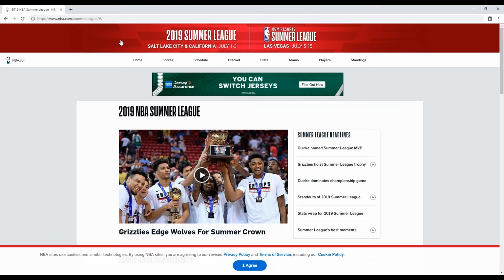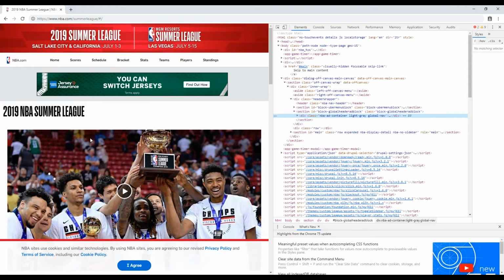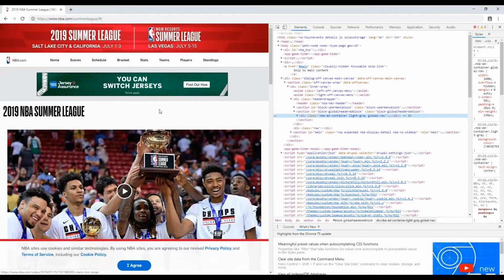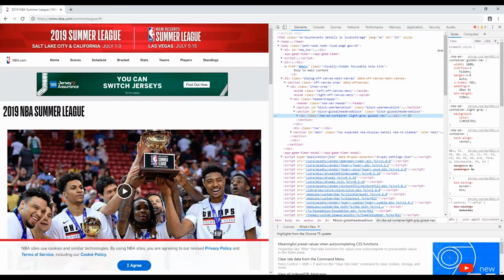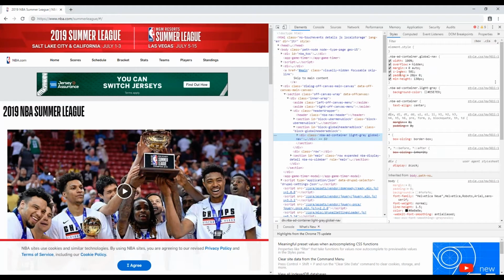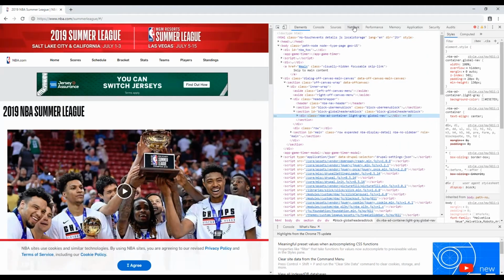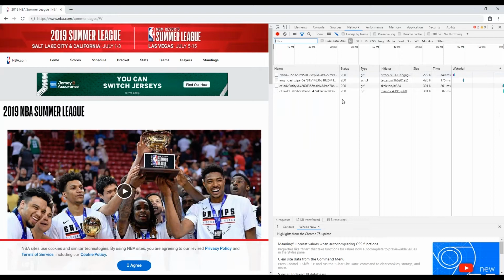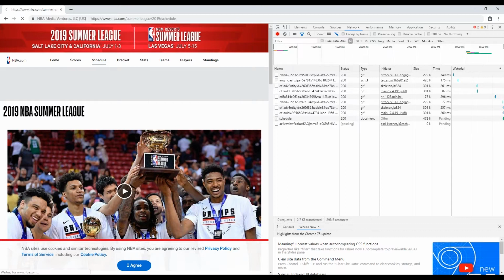So we're going to look at NBA.com. We're going to right click and click inspect. Right here, I'm viewing all of my HTML document. Over here on the far right, I have my style. If I want to know how long or which requests are going to the database, I can click on network. So when I click on schedule,